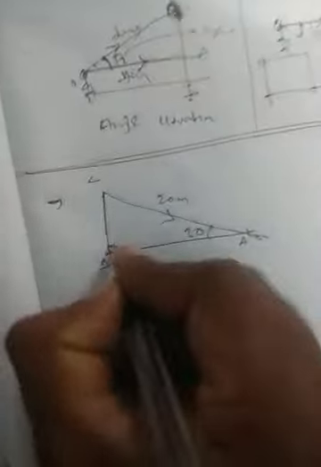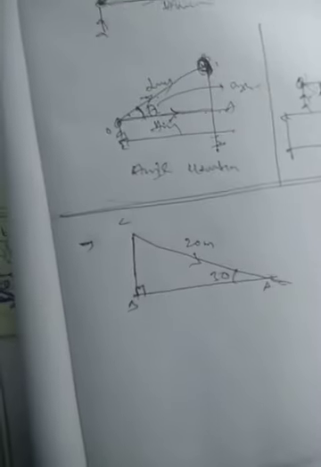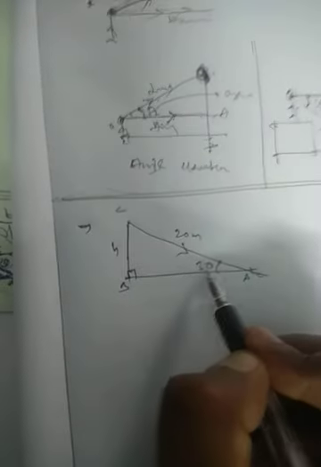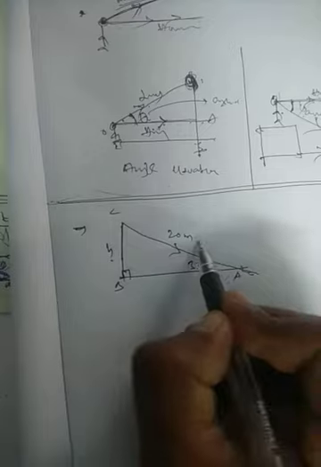So what do we have to find here? Let us make it A, B, C. Obviously this angle will be 90 degrees. The vertical pole and the ground always make 90 degrees. Here we have to find the height of the pole. So let us take the height of the pole as H. First, we have to take a trigonometric ratio which includes 30 degrees, the height and this 20.